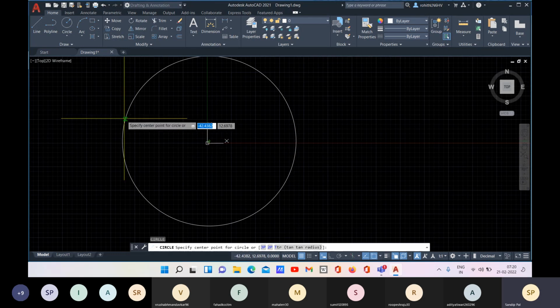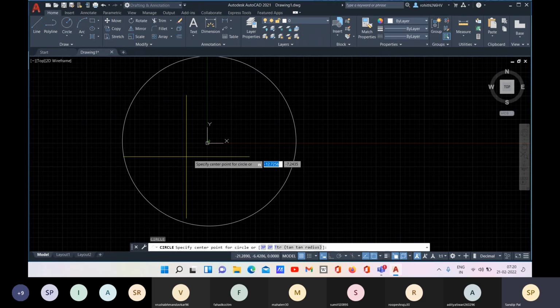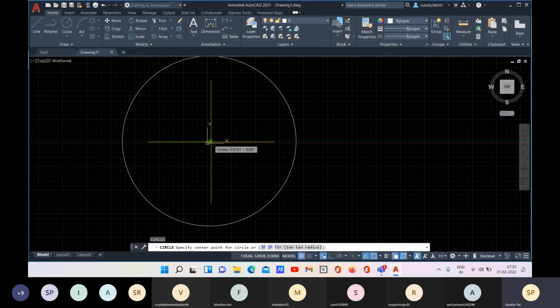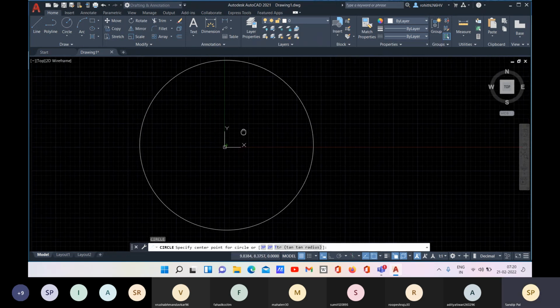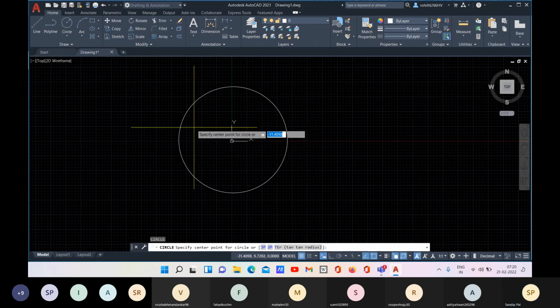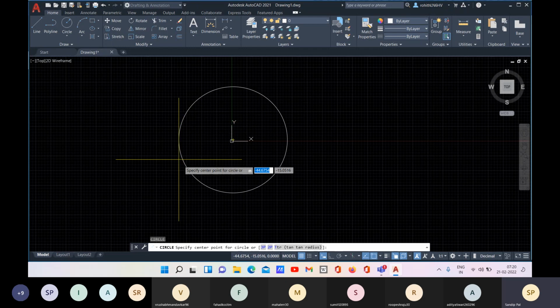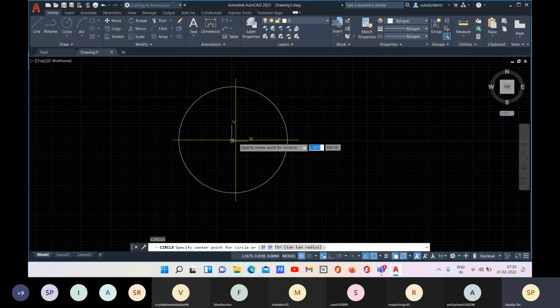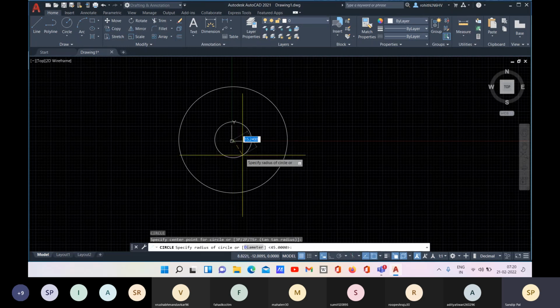But if you are not hovering your mouse on the perimeter, it will not show the center. So never come like this, sir, I cannot see the center. Now you know. Just hover your mouse on the perimeter, and then you can see and define it. Now click it. And as I've mentioned, after specifying the center, it will take the value as radius.